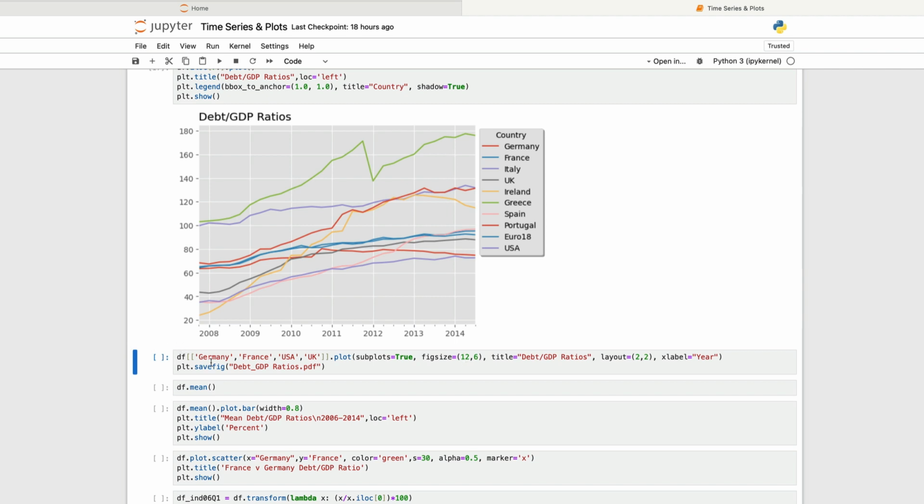So as you can see, to plot some subplots, 4 separate charts, 1 for each country here, within an overall single chart, so on a 2 by 2 grid, use the subplots option, choose an appropriate figure size and layout, and this should work. Now notice here I'm not using the standard plt.show option, and the reason is I